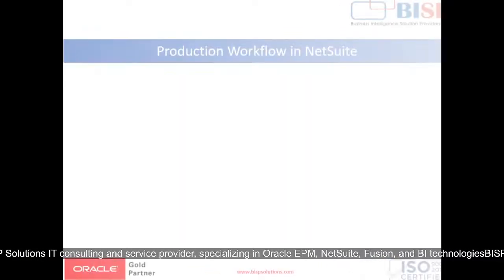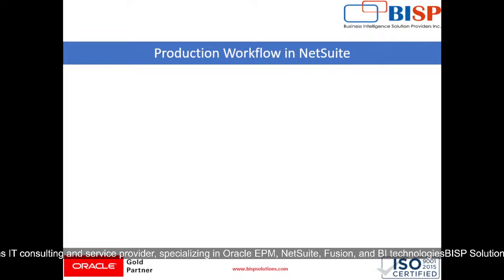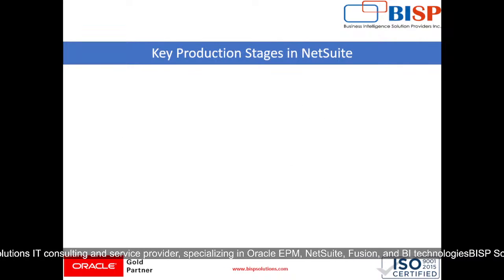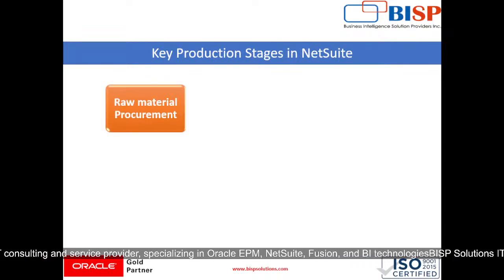Next comes our production workflows in NetSuite. The production process in NetSuite transforms raw materials into finished goods using a step-by-step approach. Each stage involves consuming materials, applying operations, work center tasks, and tracking cost, which means labor, materials, and overhead. Then the key production stages are